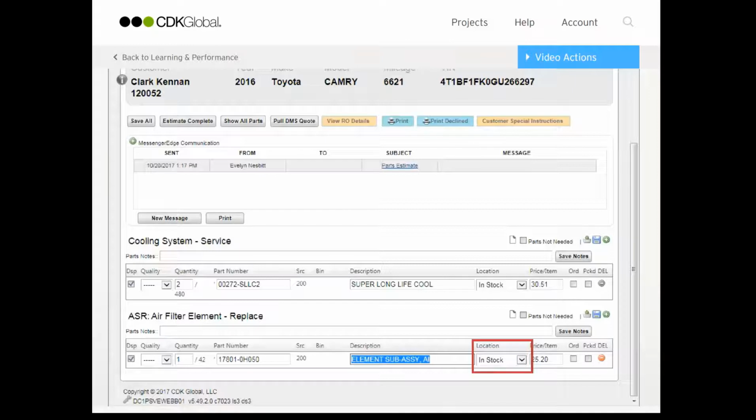Let's talk about the location field for a moment. This is really more about where the part is in time than in a specific place. By dropping down the drop field, you can see options besides in stock include later today, tomorrow, and 2 days. You can use this drop-down field to share information you have about the part availability with others looking at the